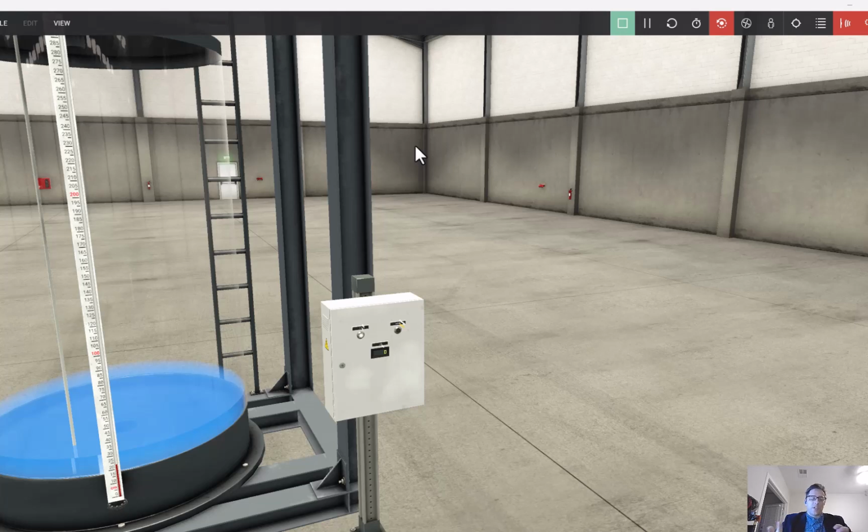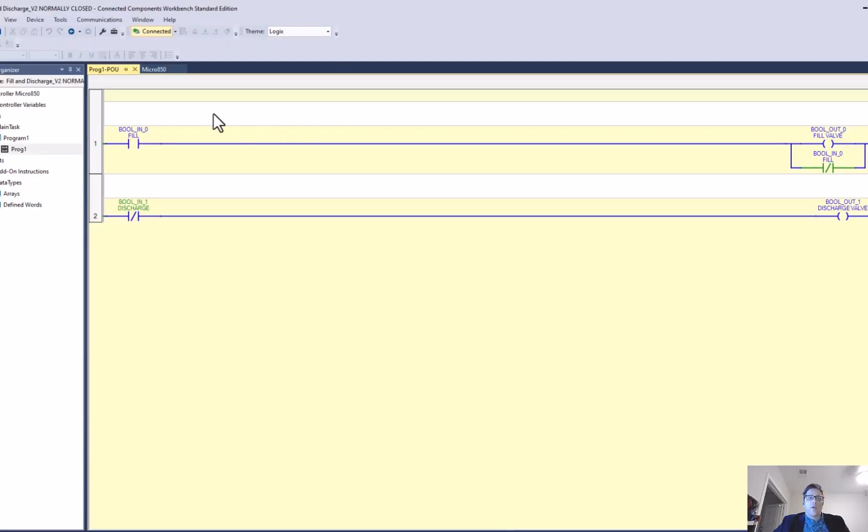Now, when I first looked at this, I thought, okay, so we just reversed the logic all the way with normally closed. In this case, we're not going to do that. We're going to look at a case where, because it's a normally closed discharge, we're not going to need to use that same logic. So okay, if we look at this, what we have is